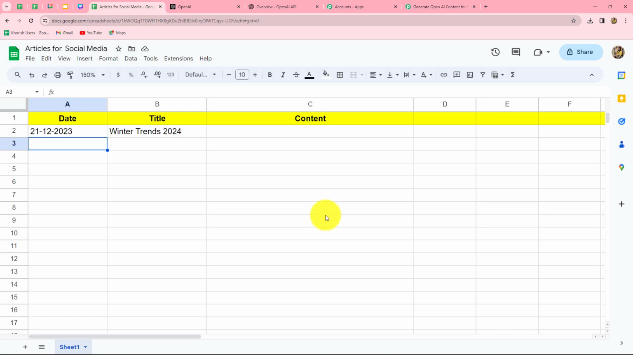Now let's suppose I have prepared this spreadsheet and it contains the following fields: date, title, content. One of the columns, column C, is empty over here. And I want that as soon as I add a new row in this particular spreadsheet along with a title, let's suppose here I have added the title Winter Trends 2024,